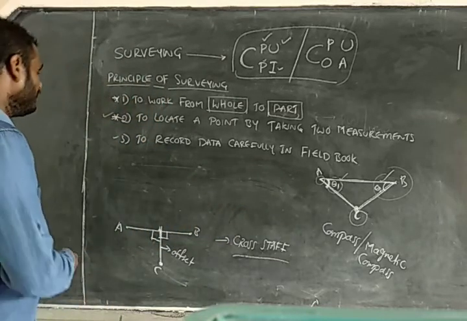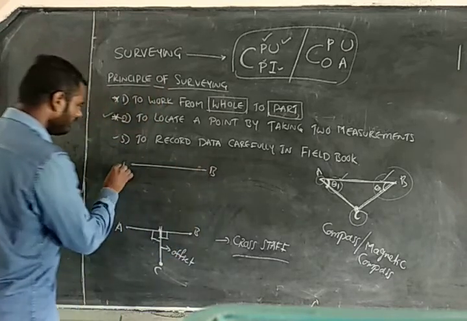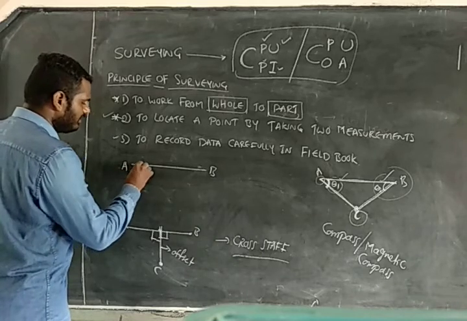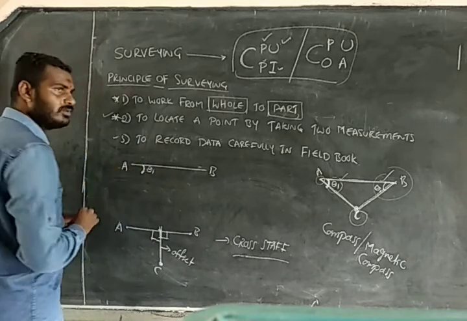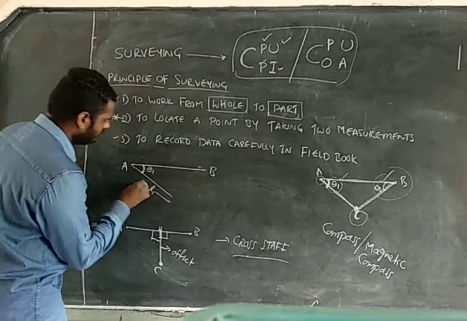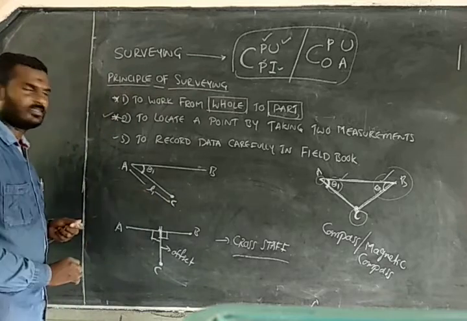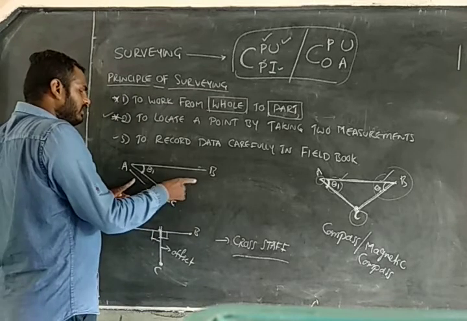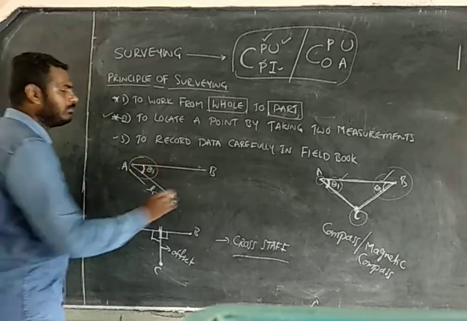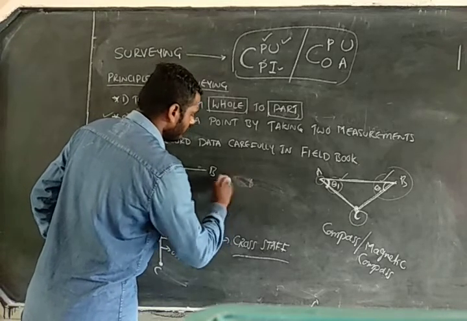So where you need only the length. So first AB, B, A, okay. By using a theodolite, let us take some theta 1 over here. And now measure the length here. Okay. So now locate a new point C. Okay, so here there is no need of taking two measurements. I am only taking the horizontal angle with the help of an instrument called theodolite. Let me write